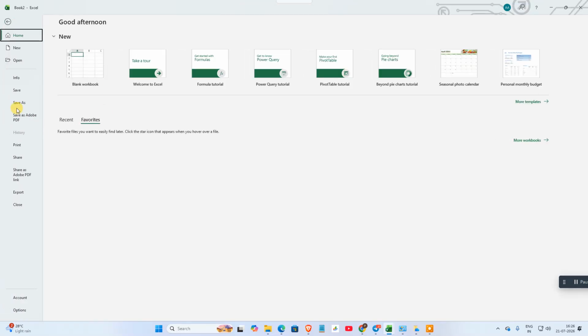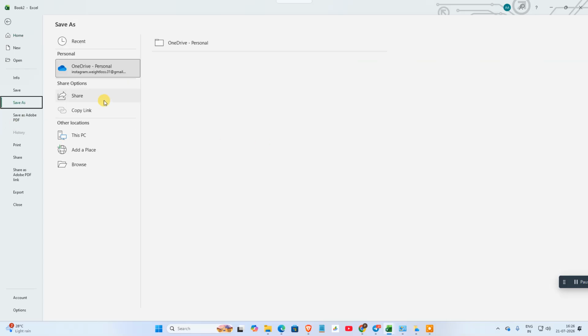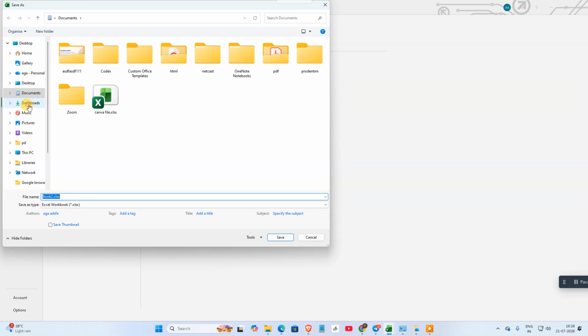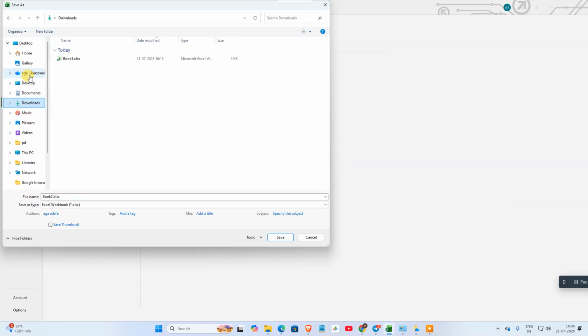go to the file, go to Save As, just click on that Save As. Once you click on Save As, by default it will select OneDrive, but from here you can browse your local folder. Go to Browse and select your desired location. You can see this is the OneDrive folder, so don't select this. You can select the Desktop, Downloads, or Documents folder like this, or you can